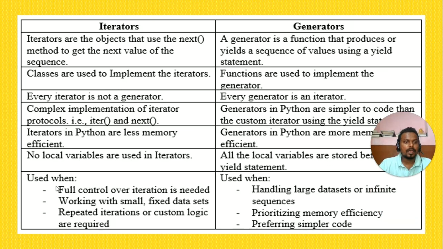When we look at the use cases, iterators are used when full control over iteration is needed, when working with small or fixed data sets, and when repeated iterations or custom logic are required. We use generators when handling large data sets or infinite sequences, prioritizing memory efficiency and preferring simpler code. Now let's look at some